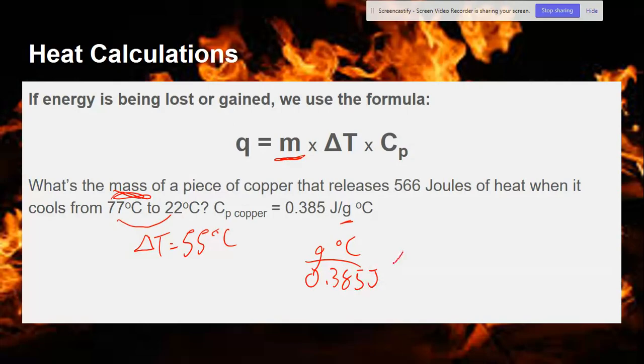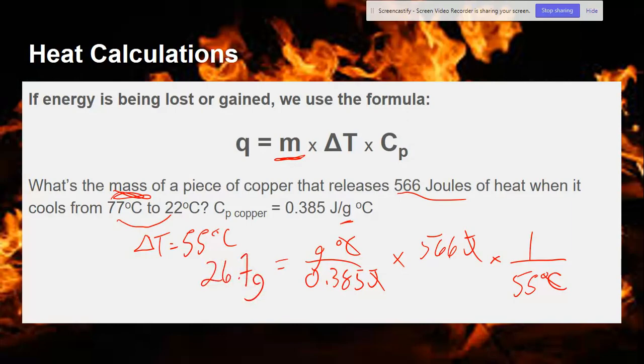And we would want to multiply the joules out. So that is 566 joules. That'll get rid of the joules. And we're going to want to multiply by 1 over the change in temperature to get rid of the Celsius. So 55 degrees Celsius would go on the bottom to get rid of that. And now the only thing left is grams. And so we multiply 0.385 times 55, and whatever that is, we divide into 566. So 566 divided by 0.385 equals a larger number, and then divided by 55 is a smaller number, so it's 26.7